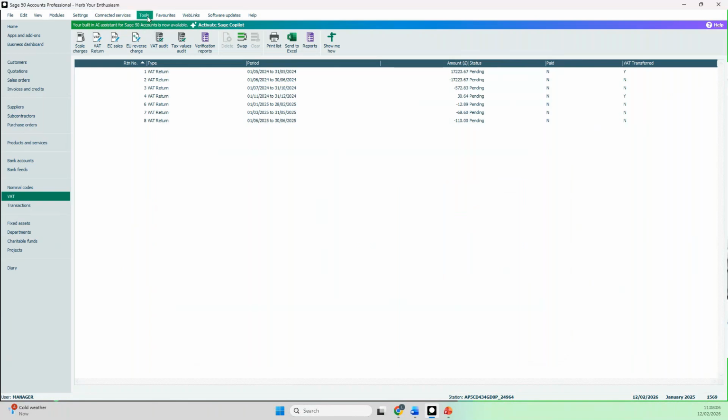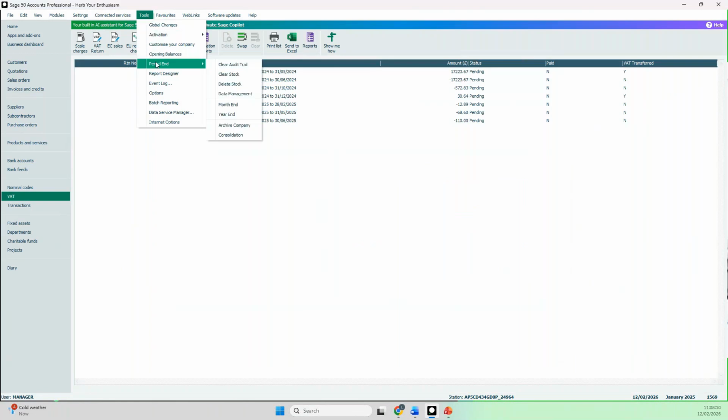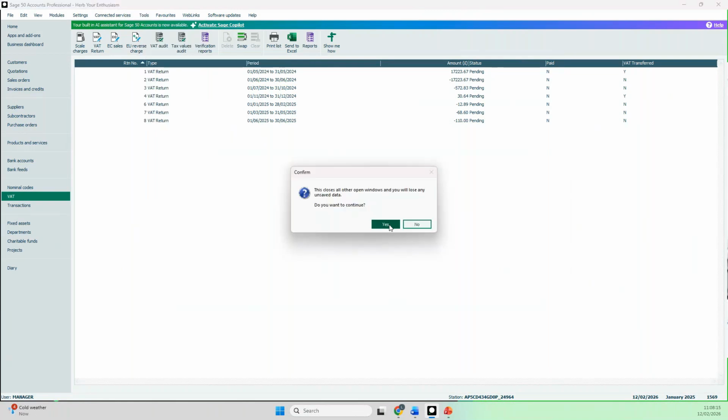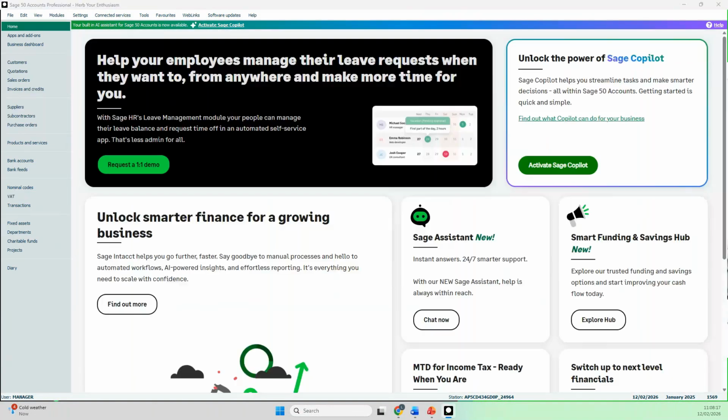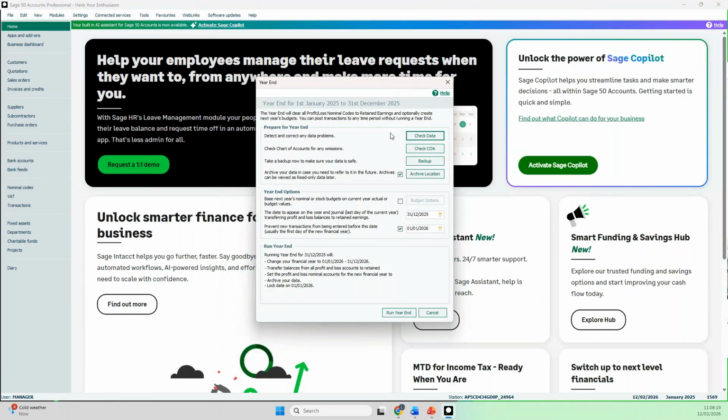The other way that you can take a backup is when you're running your year end. So if you go to Tools at the top, into Period End and into Year End, you'll get a message telling you it's going to close all unsaved windows. And we've got the backup option in here. Again, always take a backup before running your year end as well. So there's a few different places where that backup option pops up, but the main one would be in File